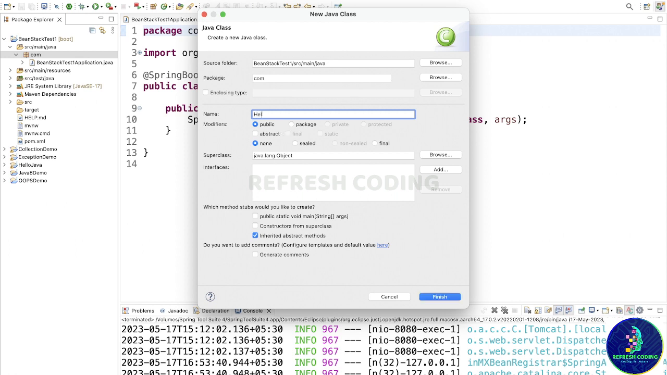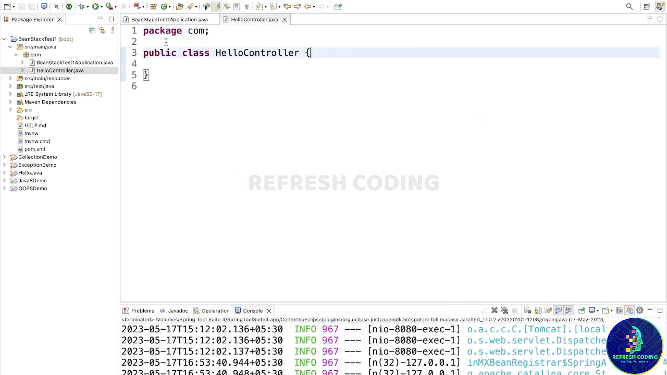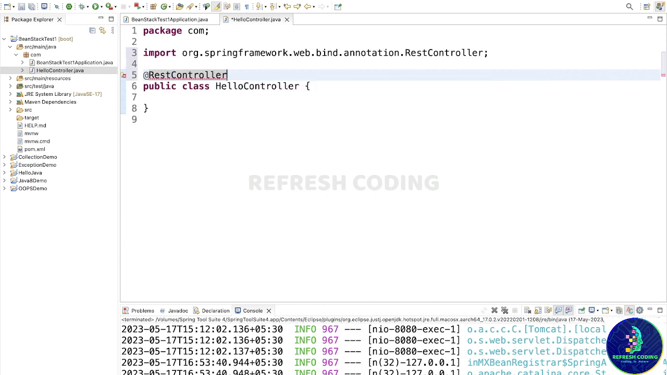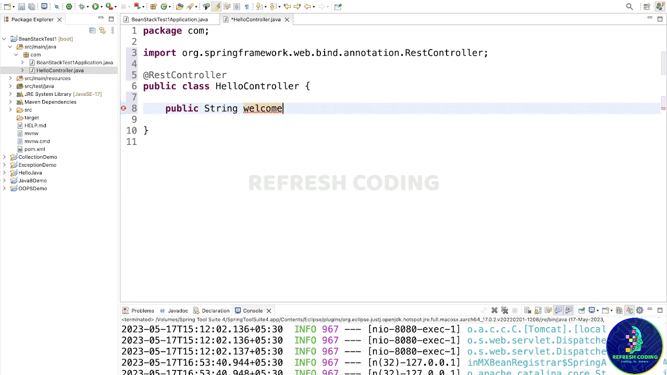So let's say I am creating a hello controller and finish, and I will just quickly make it a REST controller. And here we will just quickly create one method, which is, let's say, public, and this method is returning, let's say, a string, and let's say the method name is welcome. And we will just simply return here